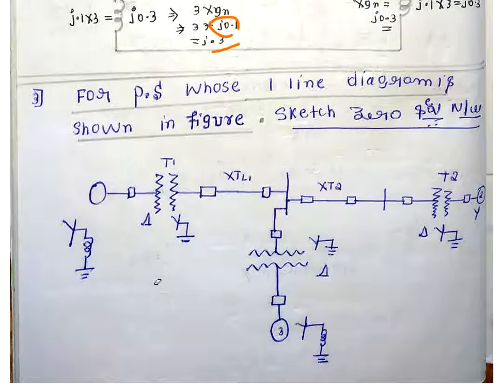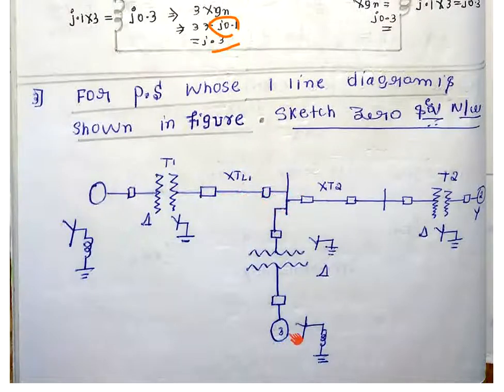See, it is a generator, only one reactance will be there and it is connected to the transformer. So the transformer is delta star grounded. Delta star grounded means your shunt switch will be closed and series switch will be open. Here it is star grounded, shunt switch will be opened and series switch will be closed, and again there is a delta connected. So again there is a transmission line which is connected to the bus.